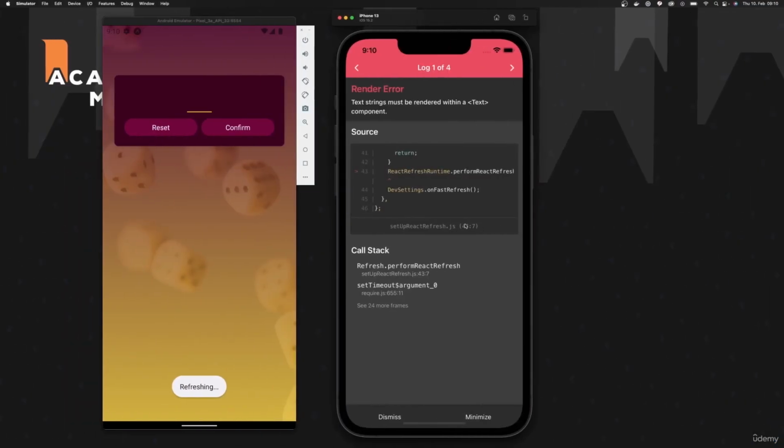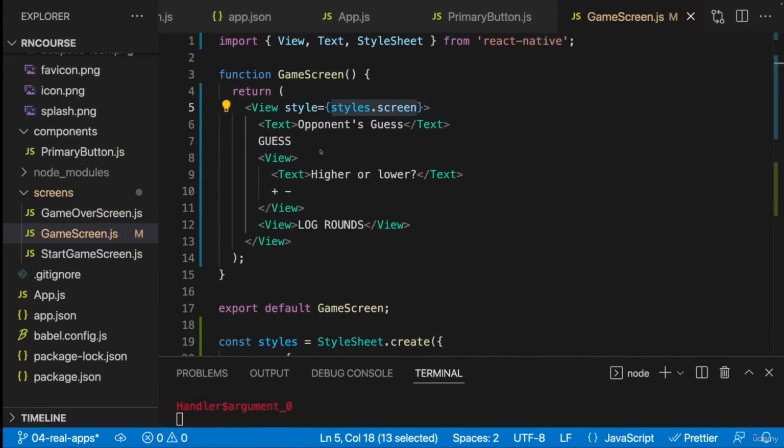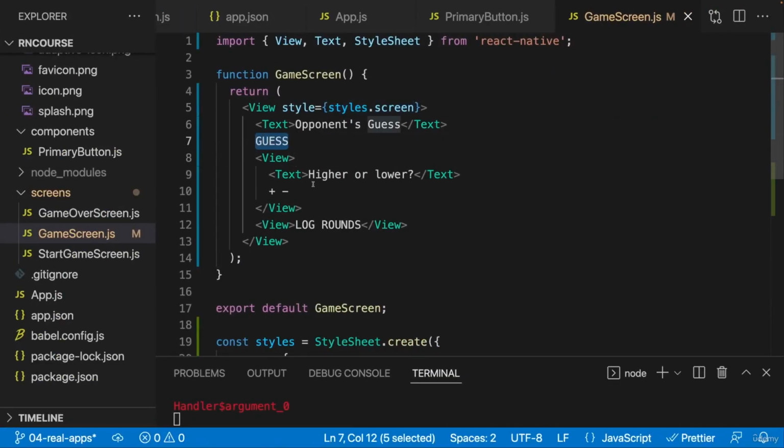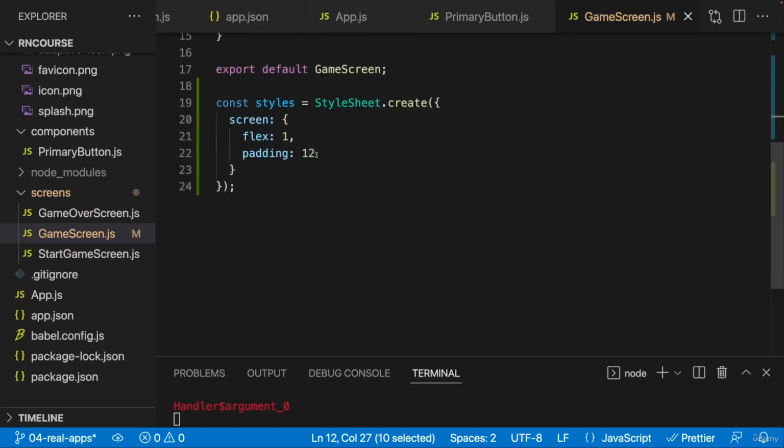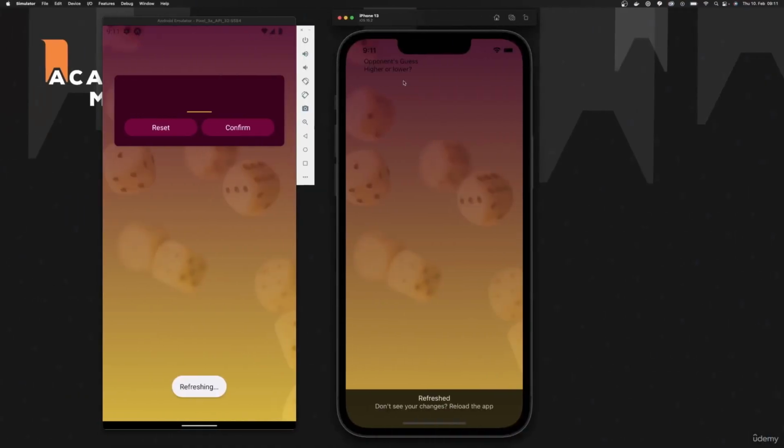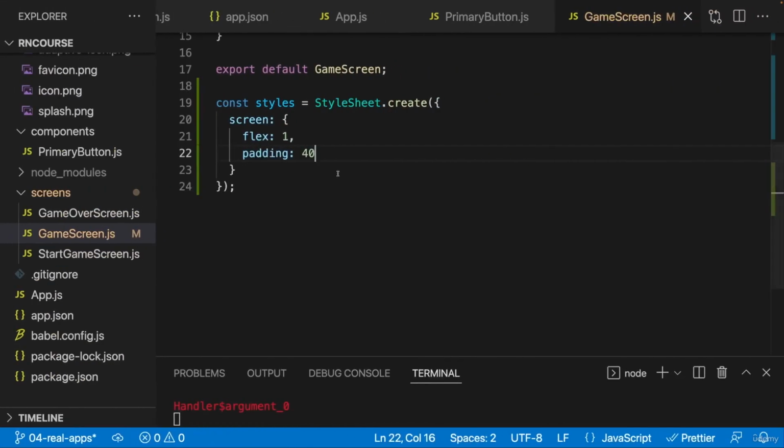If we save this, I get an error, of course, because I have these texts here, which must go into text components. And I'll just comment those placeholders out because they are just meant to be used as placeholders, not as actual text. I also have this text, of course. Let's comment this out as well. Now, with that, finally, if I go to this screen, we have this extra content, but it's actually still in the top left corner. Now, actually, there is some padding here. As you can tell, if I ramp up the padding to 40, now it's moved in further,